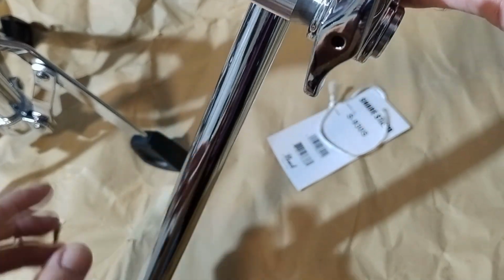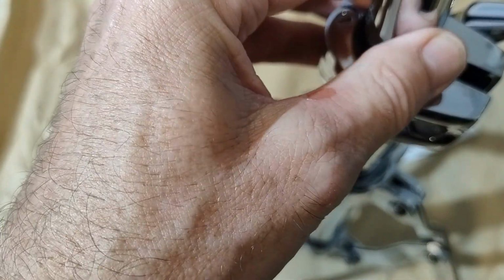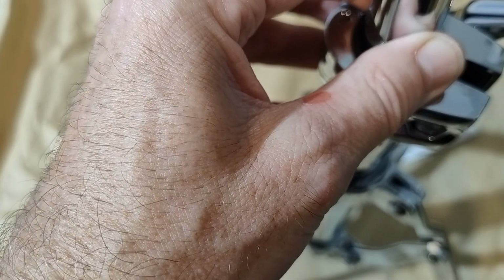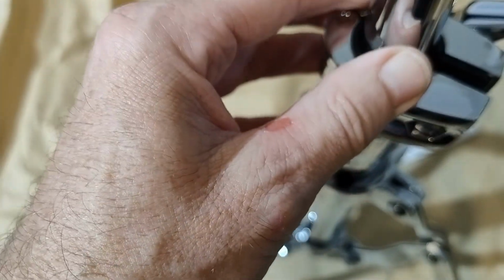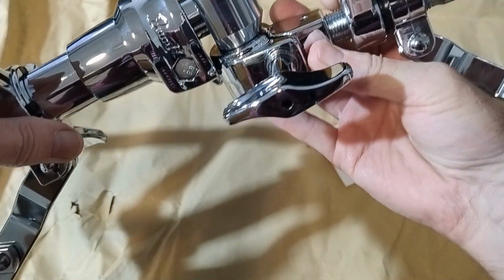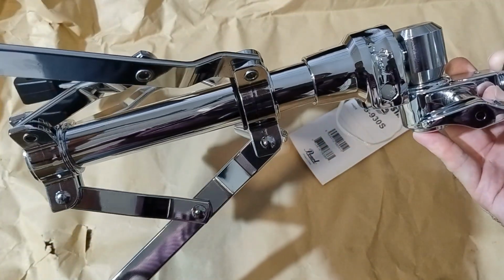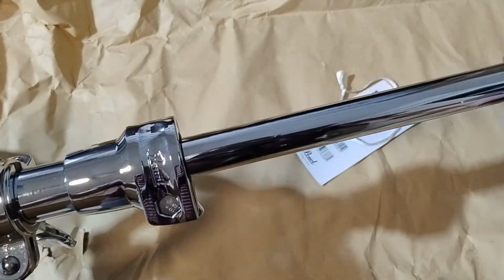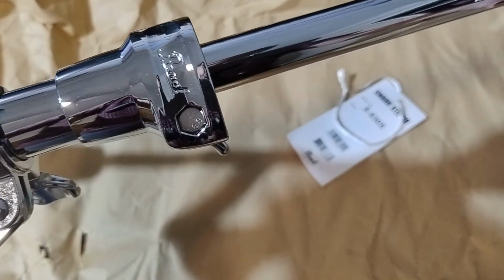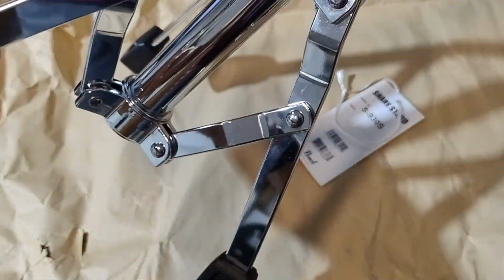If you're wondering how high it gets when you put it in the stand, I know you can't see it too well, I'll give you the blurb from Pearl's website. It gets to about 61 centimeters high, or 24 inches, and can go as low as 42 centimeters or 16.5 inches at its lowest point. So that's pretty decent. I don't know if that would accommodate people who like to put a rack tom. It may not suffice, but it's a snare stand, not a rack tom stand. But anyway,